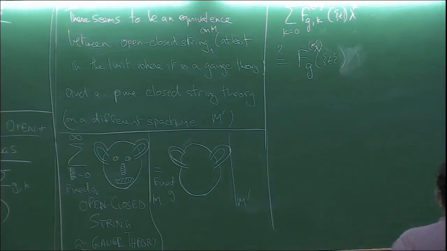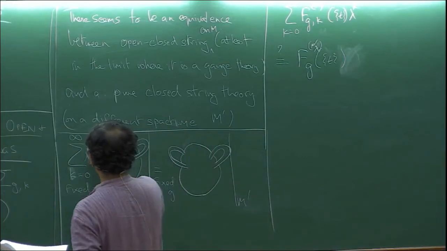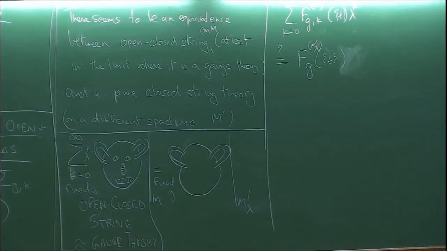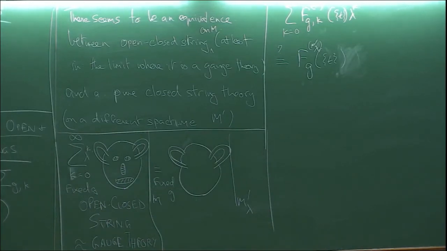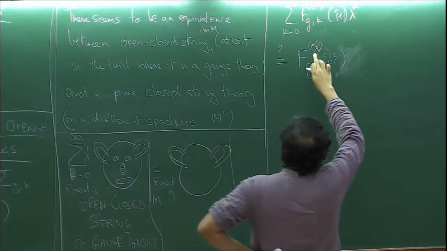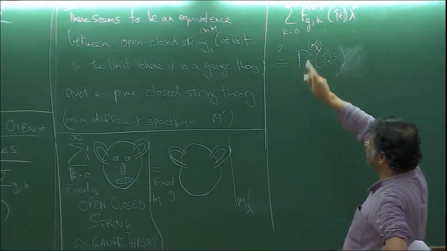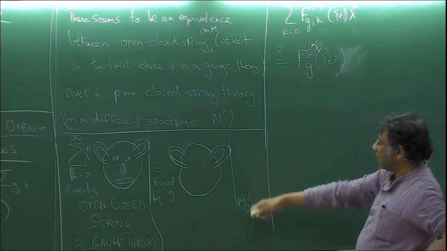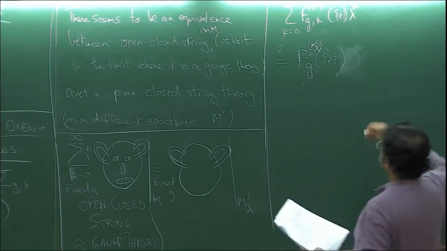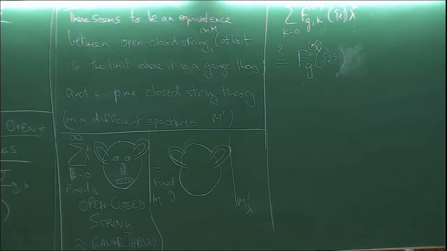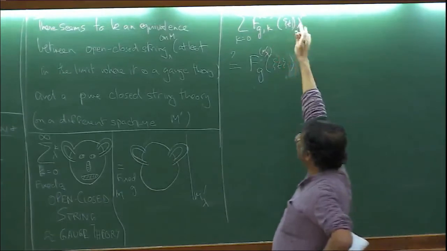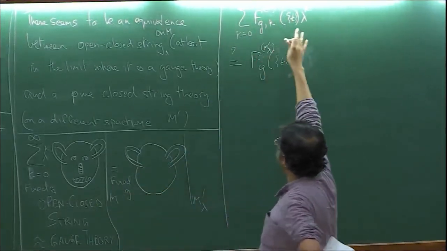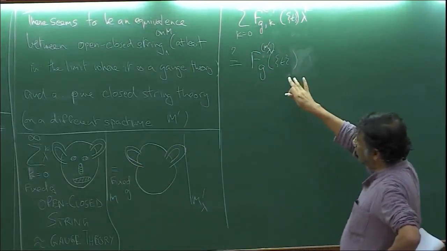Dependence on lambda. So what I get is one of those closed string amplitudes, the F_g(t) that we've been talking about, but on a different space-time, a different background, as it is called, a different target space, which is labeled by lambda. There's a parameter lambda. It could be the size of that space-time, and so on. This gets converted to something like that. So this is the rather surprising fact that the open string theory on some space-time M, if you sum over all the holes, the boundaries,